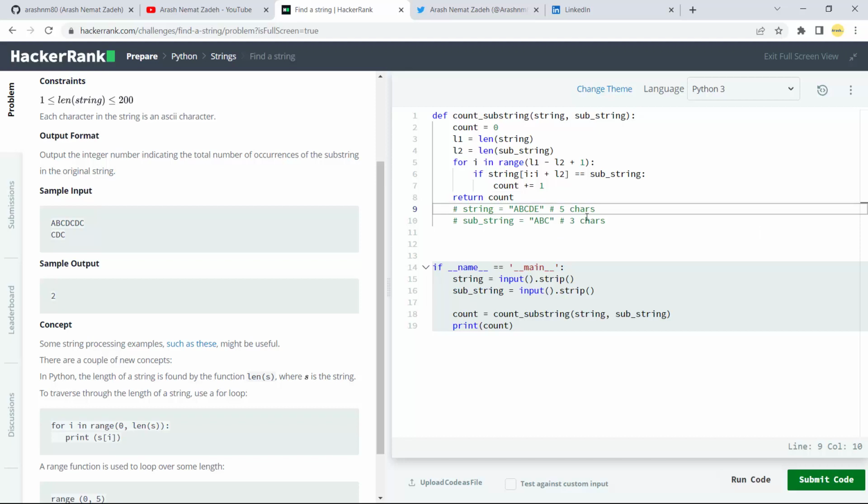Now these two lines are simply comments, they could be deleted, but let's submit the code